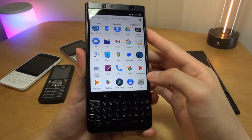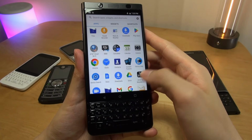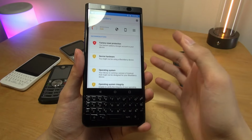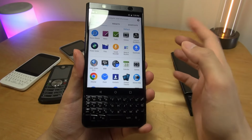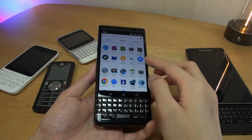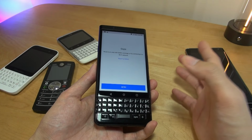There's even a built-in FM radio if you plug in headphones to act as the antenna. Detect by BlackBerry will scan the phone in terms of its files, as well as whether you've installed the latest software updates, although of course that's no longer really applicable, to gauge your security level for more enterprise customers back in the day. And last but not least, there is BlackBerry Mobile, which was kind of their iconic core service carried over from